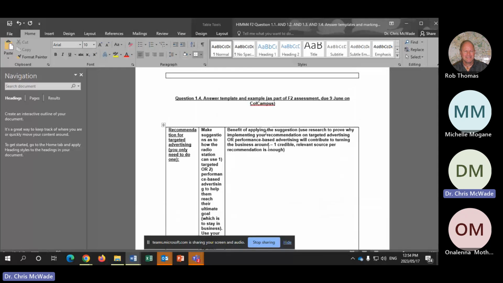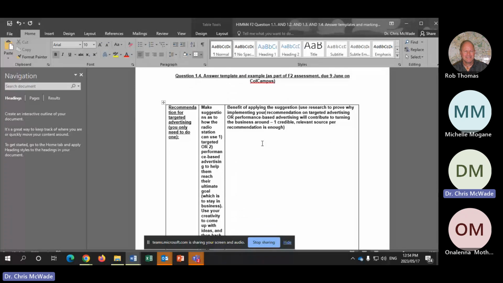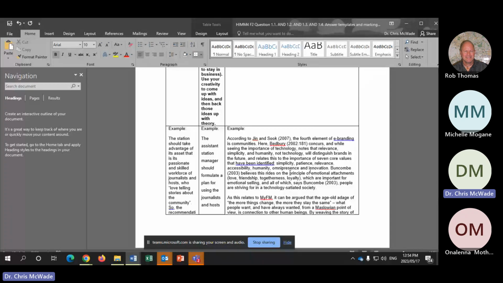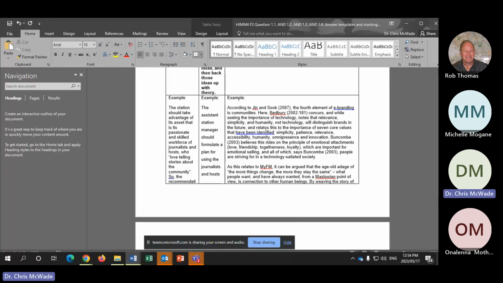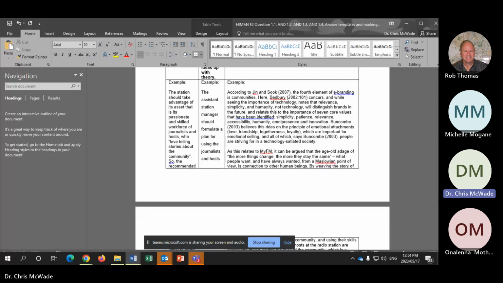Then column 3 is about, as always, the benefit of the suggestion using research beyond the station and its parameters. So this is a really nice example that brings in theory that Rob has done, that talks about, once again, communities and the importance of humanity and communities that will distinguish brands in the future. There's a match there between what the source is saying about the